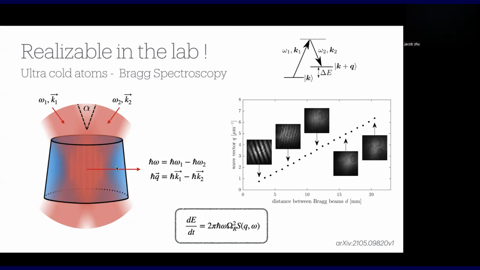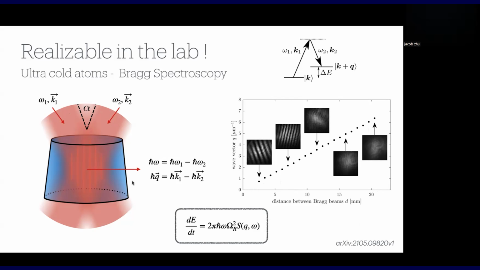So we are looking at the dispersion relation, right? We want to probe different momenta, and this is doable by modifying the angle between the lasers or, equivalently, the distance between the lasers and the setup. So here you have, as a function of the distance, different wave vectors. You can see that for very short distances, you have lower transferred momentum. For higher distances, you have more energetic